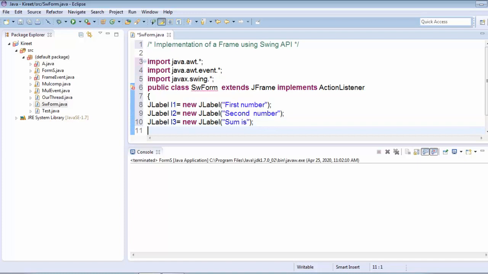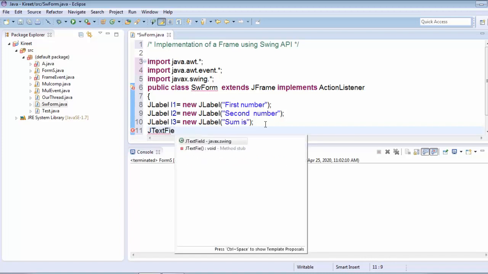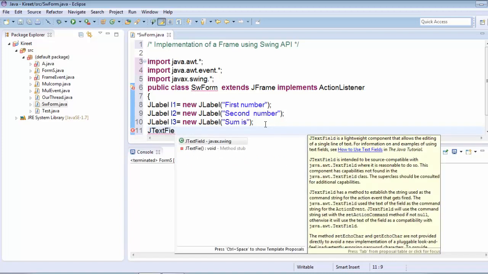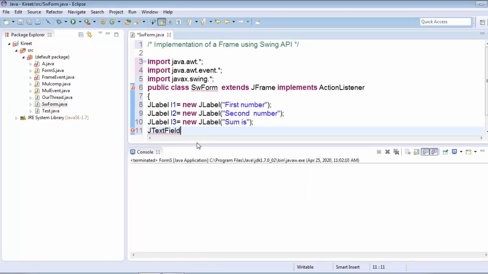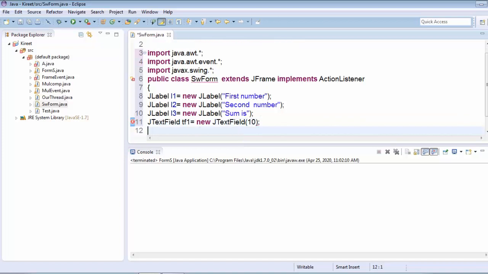Now we'll create JTextField. TextField is a class in AWT, and here the class is JTextField, that is the subclass of that TextField. So tf1 is equal to new JTextField, and here we just write, for example, 10. This is the length.